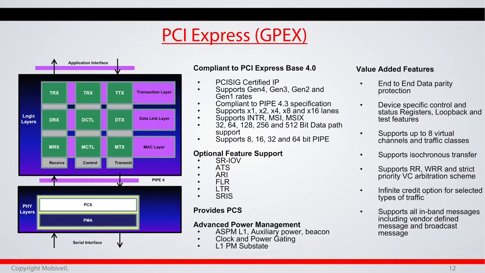We also have some device-specific control and debug registers, so you can do a lot more with this controller. You can do loopback. You can do application level traffic without even having a host to connect to. PCI Express is an asymmetric protocol, so typically you can't connect your TX to RX and assume it's going to work, because one side is supposed to behave differently, so you can't talk to yourself. But we have a debug mode where, assuming you don't have the SerDes up, you can do the TX to RX loopback. This is a good feature to have.